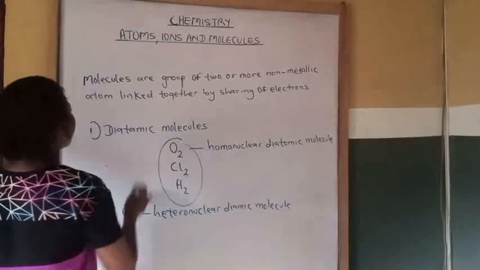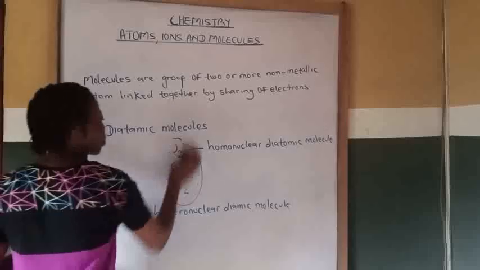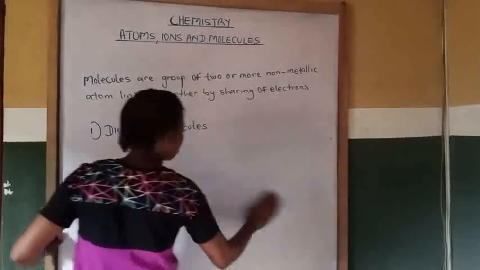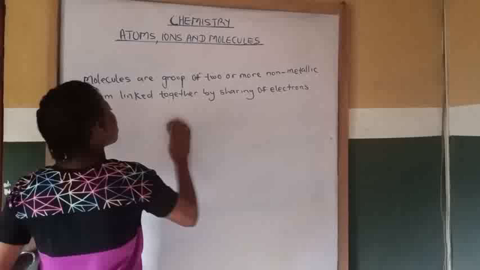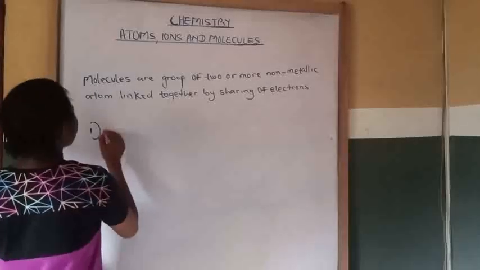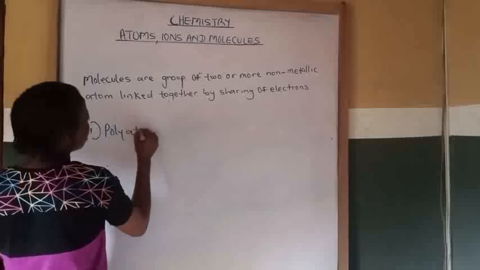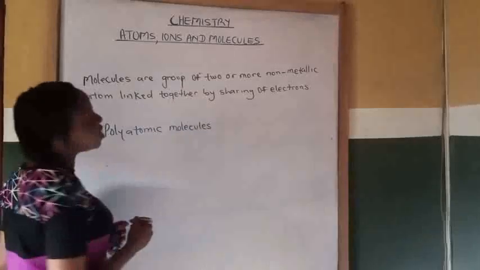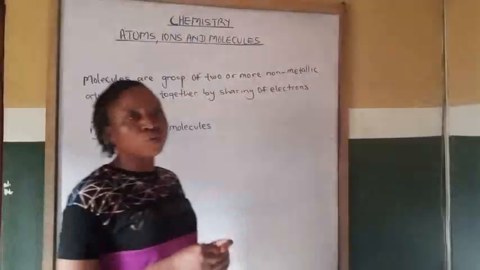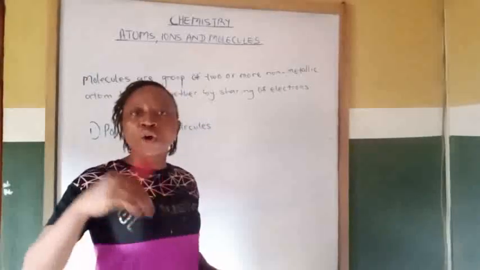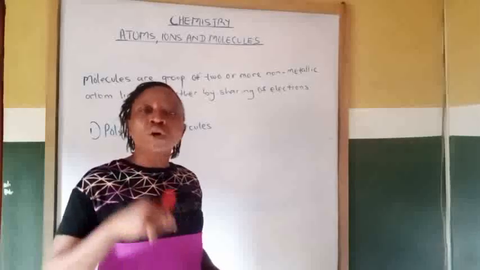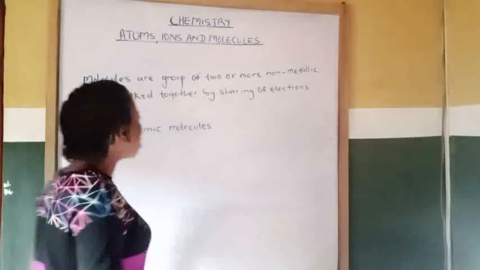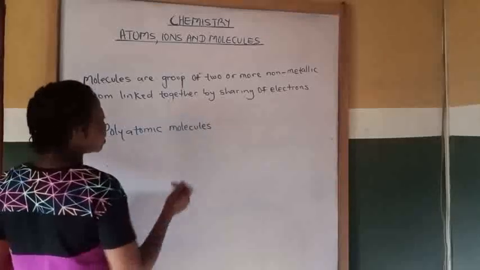So the second type of molecule is the polyatomic molecule. So what are polyatomic molecules? A compound of three or more non-metallic atoms. So when it contains three or more non-metallic atoms, you call it a polyatomic molecule. For example,